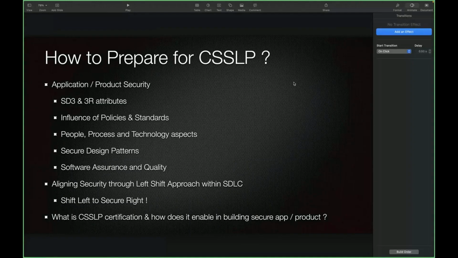So all the possible requirements that need to be defined for the application or the product would be covered under this domain, the secure software requirements domain,